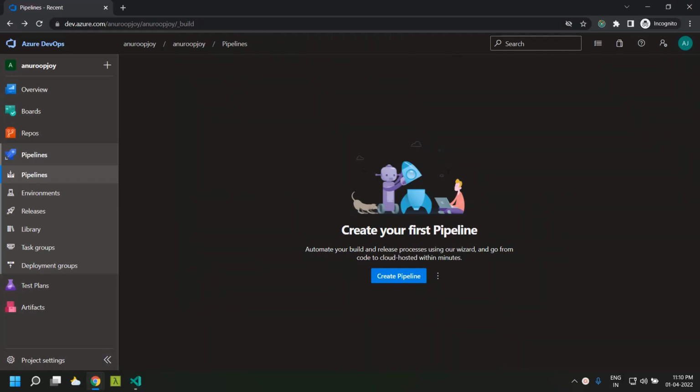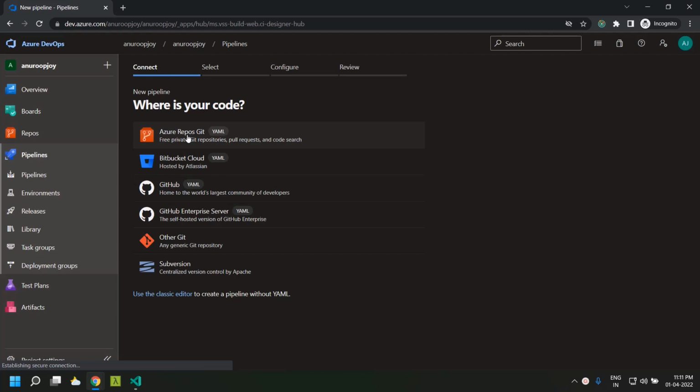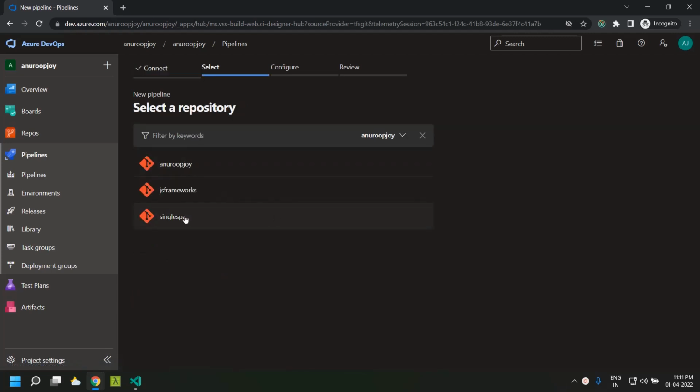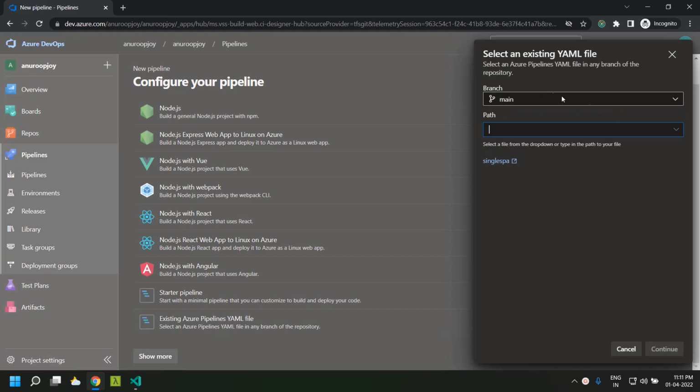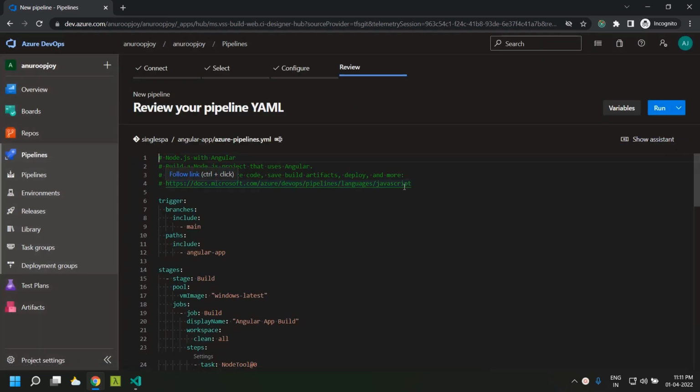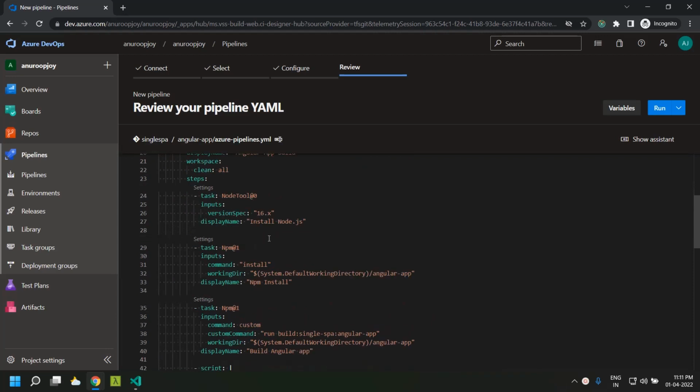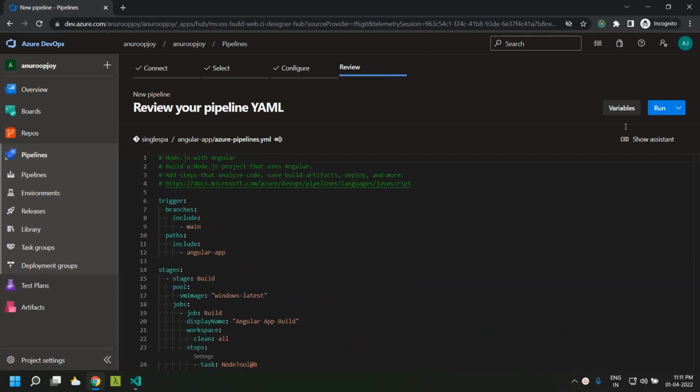So let's create a pipeline for our YAML file. So we click on create pipeline, select the Azure repository, and the repository which has our code is the Singlespa. So from here we can select the existing Azure Pipelines YAML file, and the branch, it is main, and the path from which we need to take it is the Angular app Azure Pipelines.yaml. So once we select that, we can click continue, and the YAML file which we created is getting selected here. So we can save this,